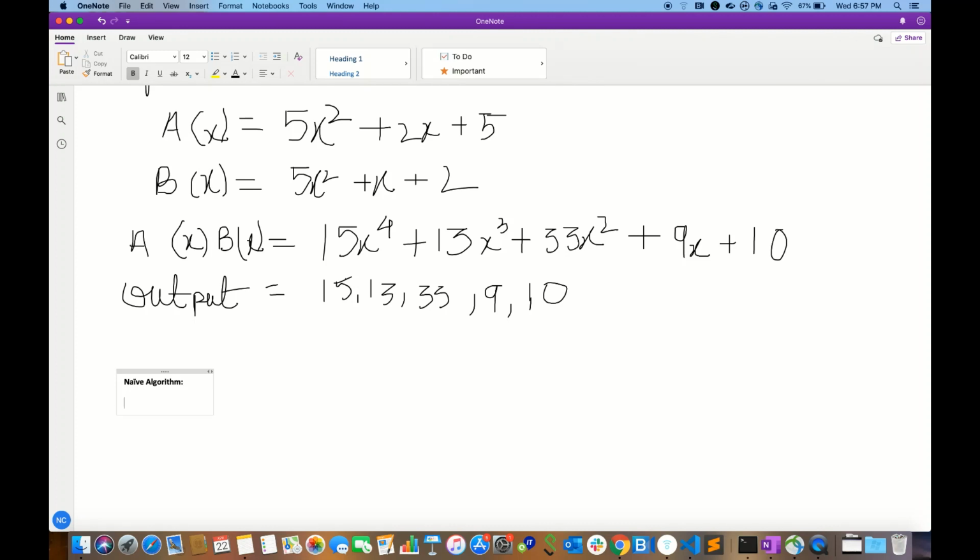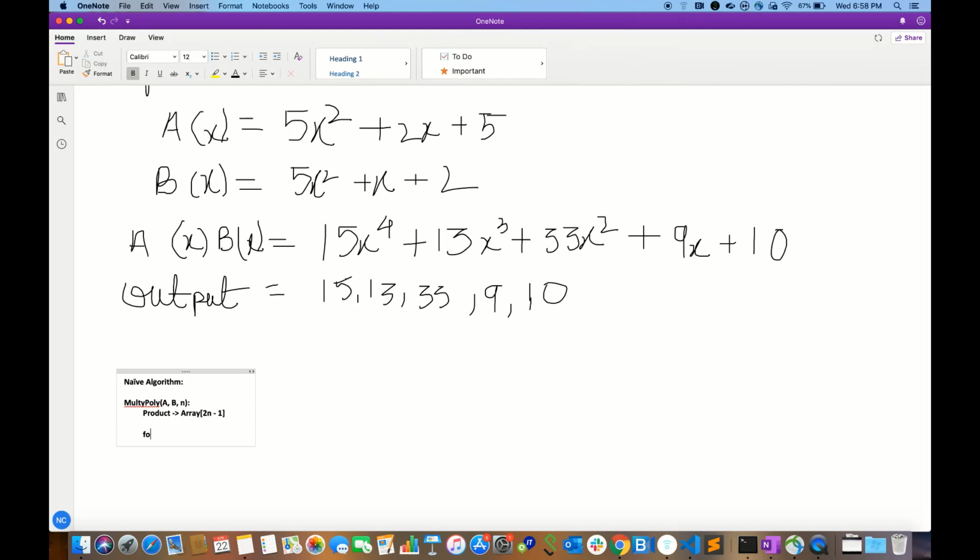We can name the function as multiply poly with a, b, and n provided to this function. So we can initialize the product array as array of 2n minus 1,